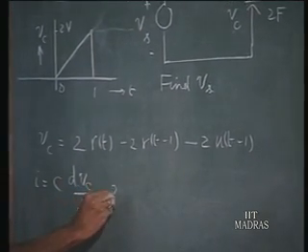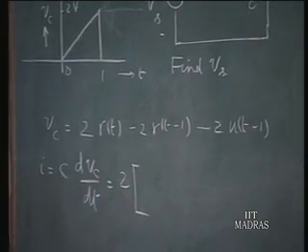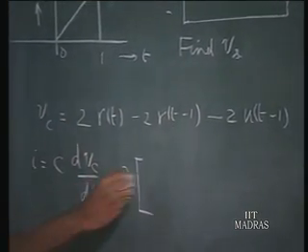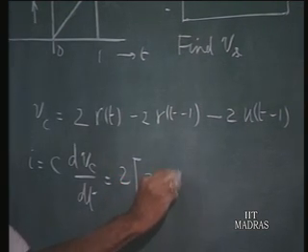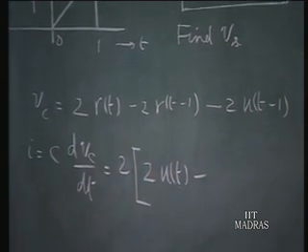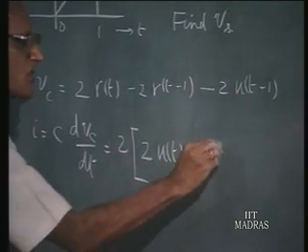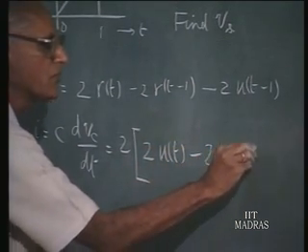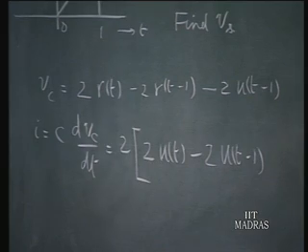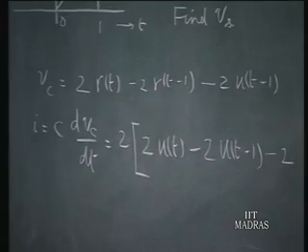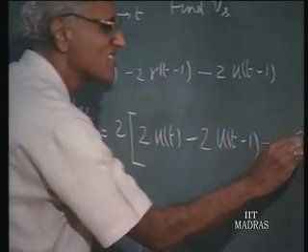So, 2 times the derivative of these expressions, 2 RT, the derivative of that would be 2 ut minus 2 RT minus 1, the derivative of this 2 times u of t minus 1, the derivative of ramp function is the step function, and then minus 2 times the derivative of a step function is an impulse function. So, delta t minus 1,